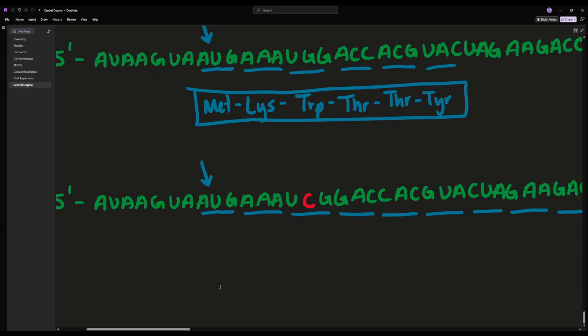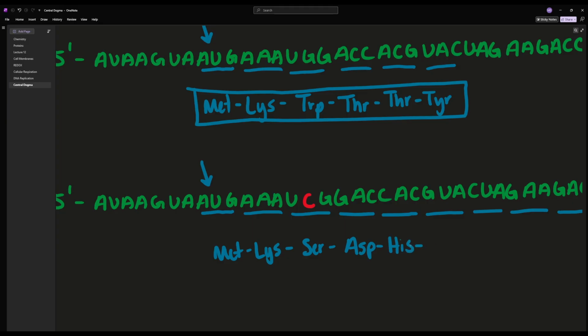And now if we find the code for this, this would be MET, lyse, then UCG is serine, GAC is aspartic acid, CAC is histidine,